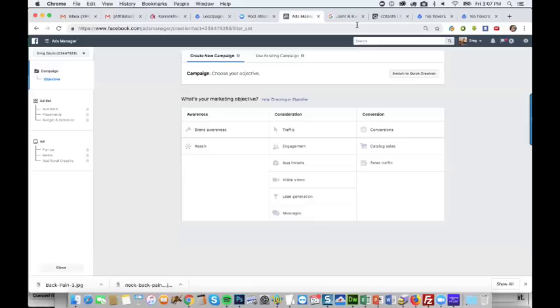All right. Now, a couple of things to keep in mind. Like I said, we got to get that pixel placed by the merchant, so that way we can use Facebook to actually track everything. All right. But if you're doing this in real life, and you're serious about it, then there are a couple more things you want to do. Like you want to do tracking. Instead of just allowing Facebook to do the tracking for you, you want to do your own tracking. Also, once you set up, I would set up some testing.